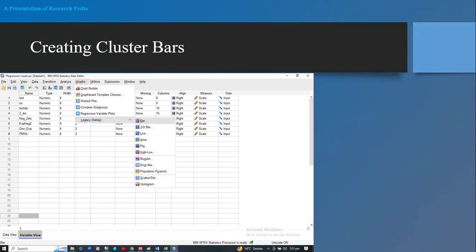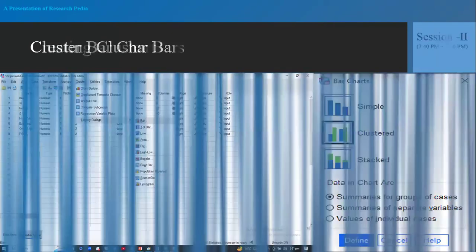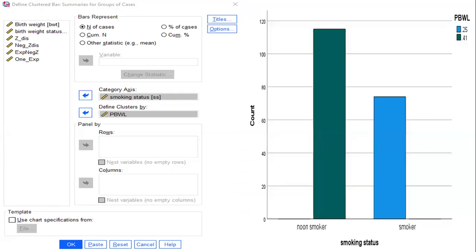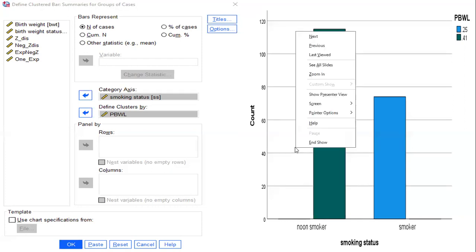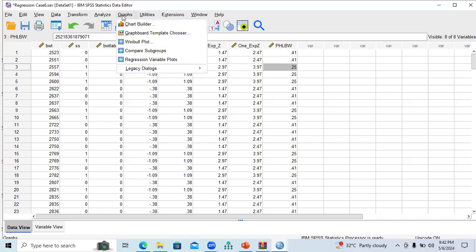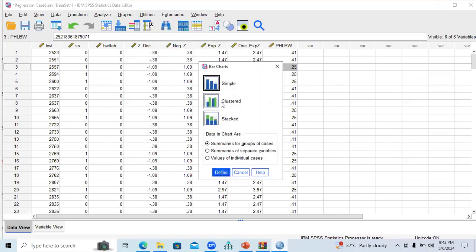So go to legacy dialogs, then bar, and then you need to consider the clustered bar charts. So you can generate a category axis as smoking status and cluster by your probability of having low birth weight. So it will generate like this. So let me show you the procedure. Go to graph, go to legacy dialogs, then bar. Then you need to consider the clustered bars,